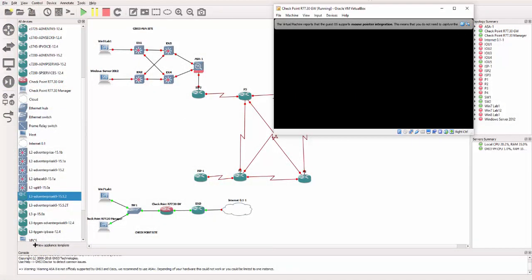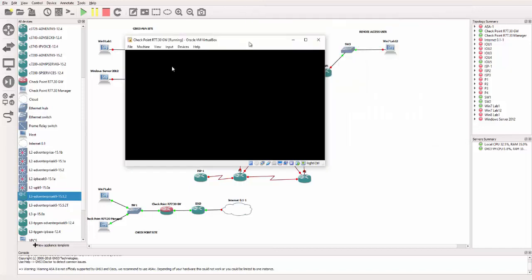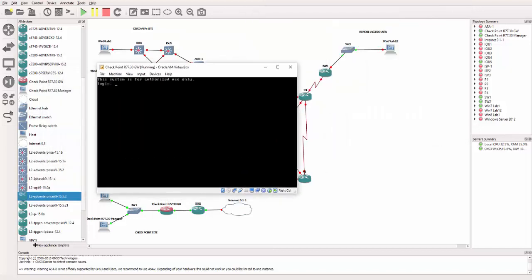So this is what we have. This is the gateway here, so I'll start with this and just log in. Okay, so I'm going to try and ping